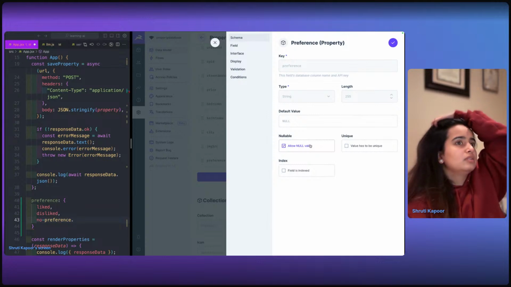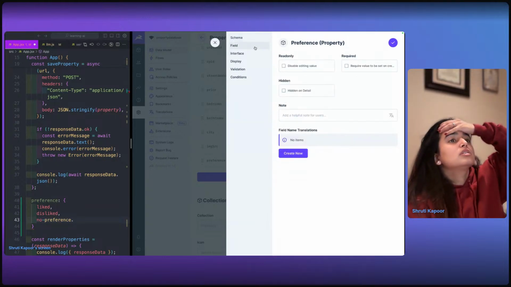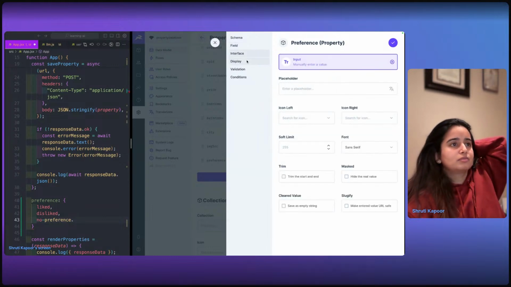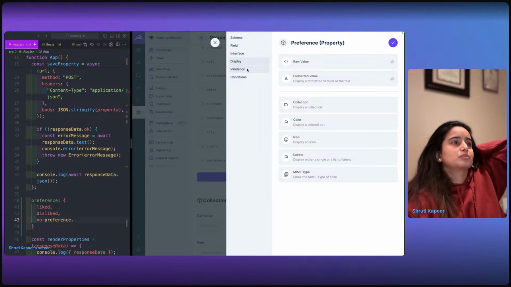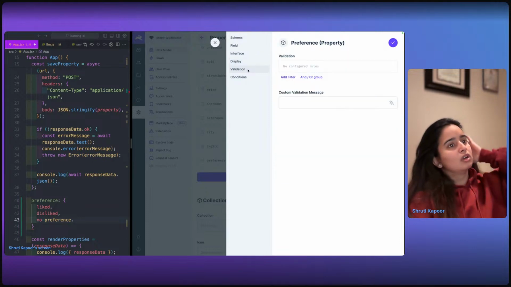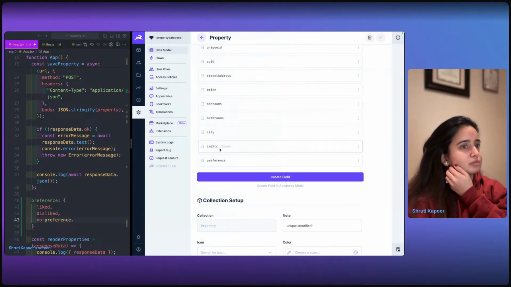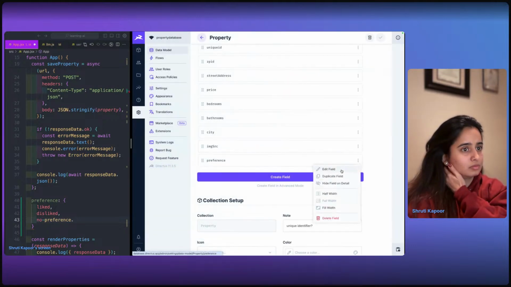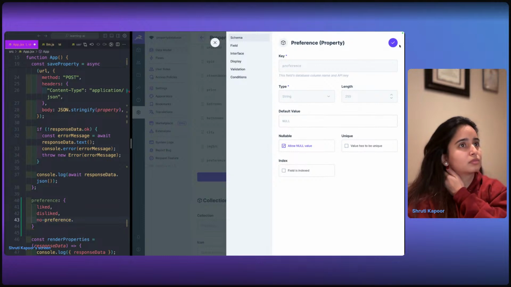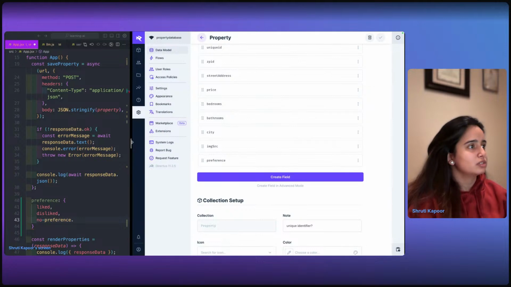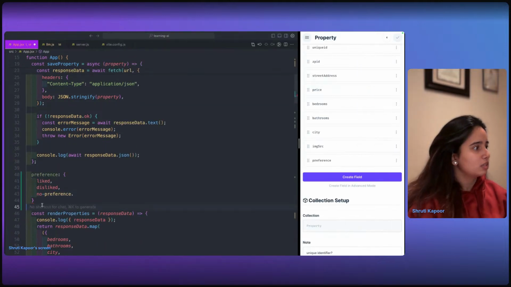Allow null value. That's not exactly what I want. Okay, let's try this though. I think what I can do is